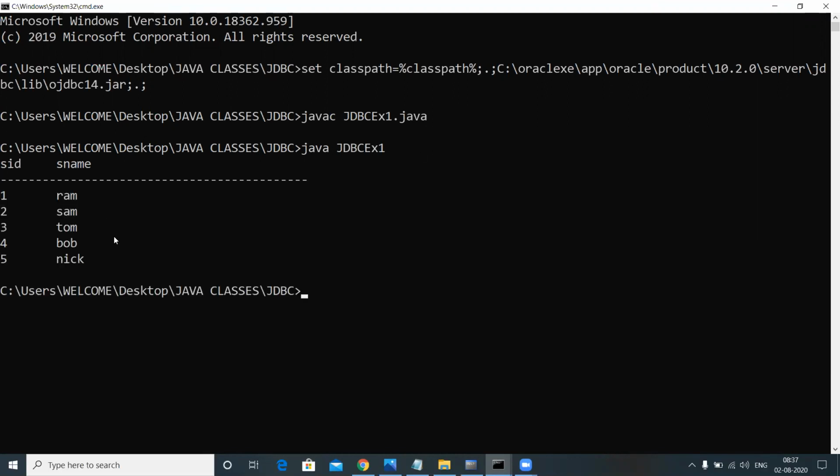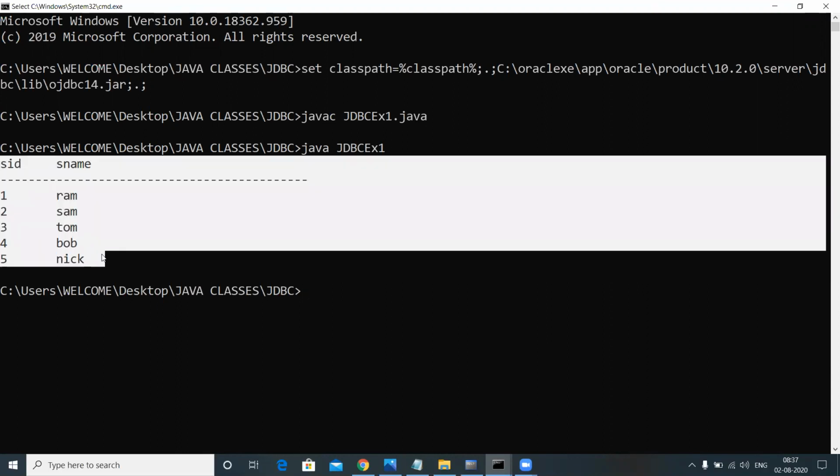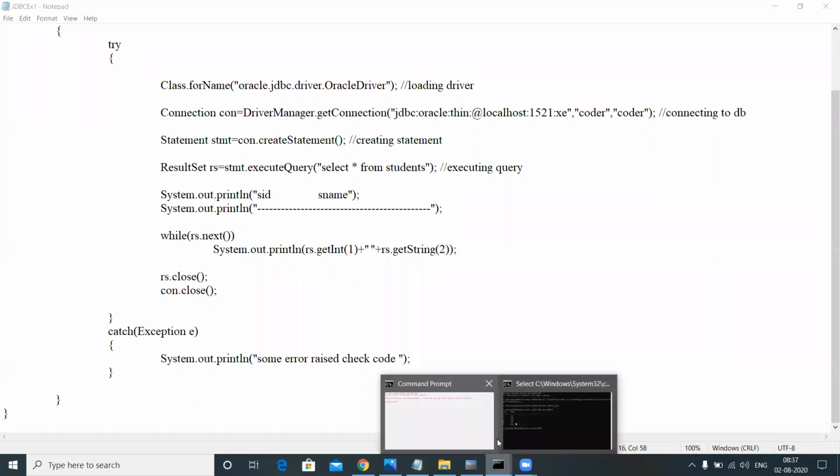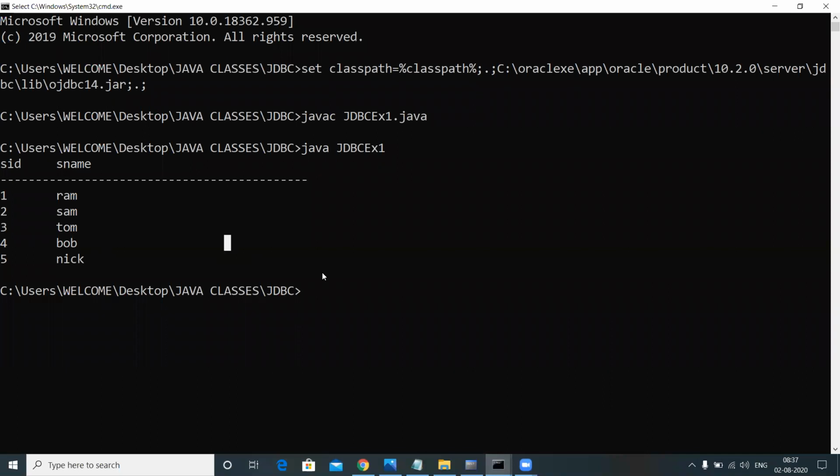Observe, from the Java command prompt, I retrieved the content, right? The 5 rows. Because observe here, select star from students table. I specified students table, so I got the content present in the students table, right? See, this was the content. This is all about today's session. In the upcoming videos, I will show you how to interact with database with many more examples. Thank you.